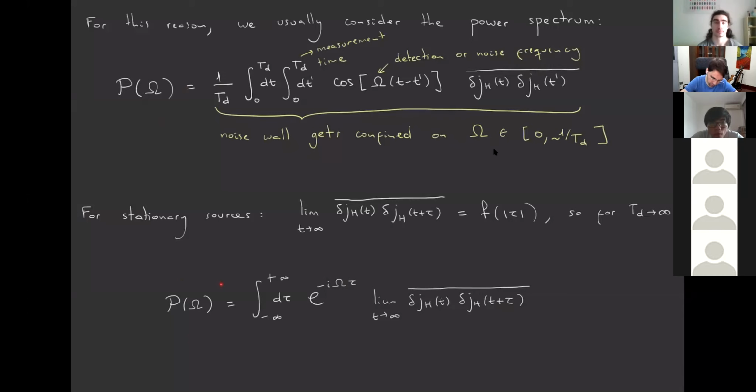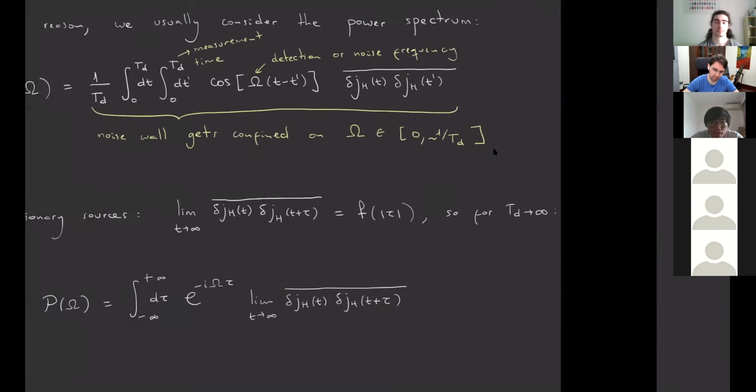And the power spectrum is essentially the two-time correlation function of the homodyne photocurrent that you just Fourier transform, okay? So if we are interested in the Fourier transform of the second order two-time correlation function of the photocurrent, this means that at the end of the day, at the quantum mechanical level, what we are interested in